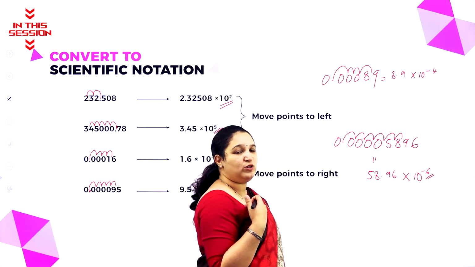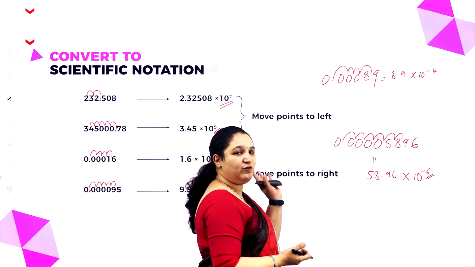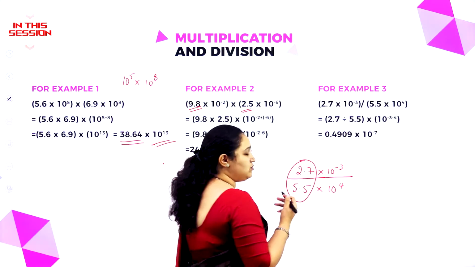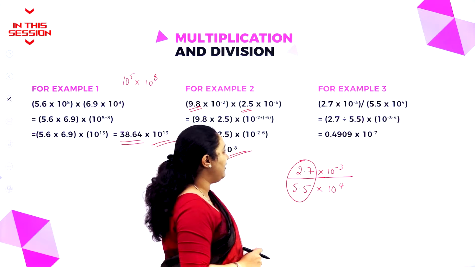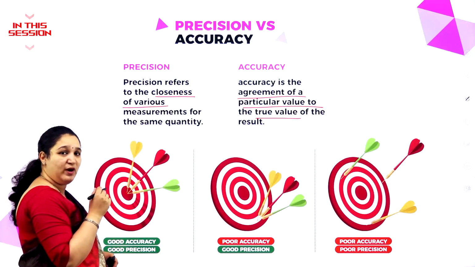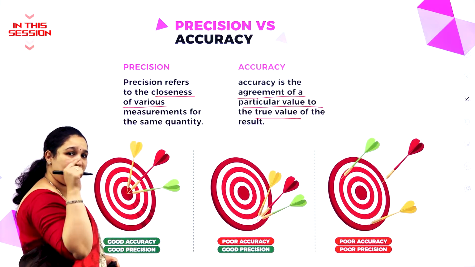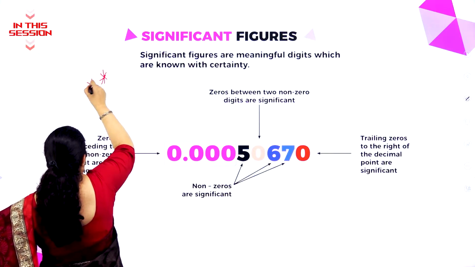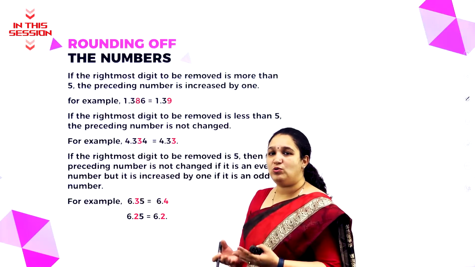Hello my dear students, negative sign you have to put if you are moving to the right and positive sign if you are moving your decimal point towards the left. These two you divide using the calculator. 2.7 divided by 5.5 is 0.4909 and that is the point which was correct, which I wanted the arrows to go, and from the exam point of view, this is really very important. So how do you round off the values?